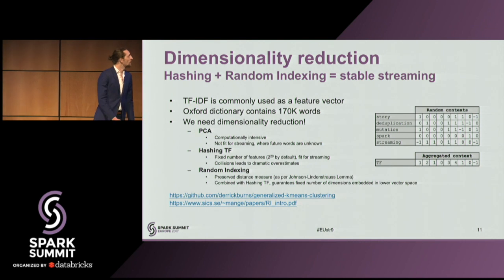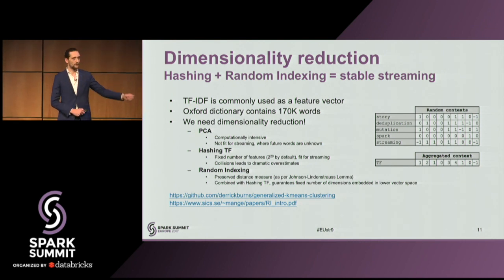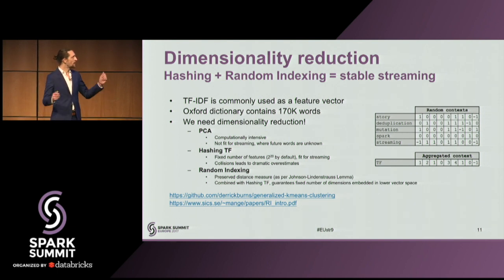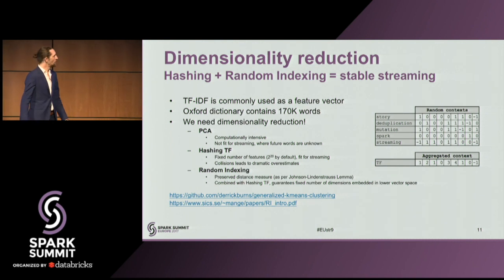The context, the problem we have is that we don't know what tomorrow will be. We don't know what words will be used. We don't know what people will be mentioned in news articles. So how can we bind this data set, this feature space, to a fixed dimension that we can track over time? So one technique, for instance, could be to use the hashing mechanism that is provided out of the box